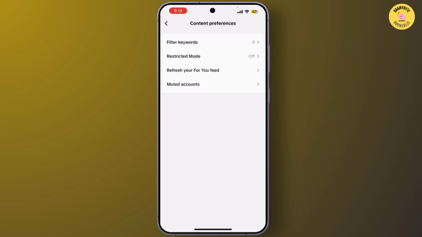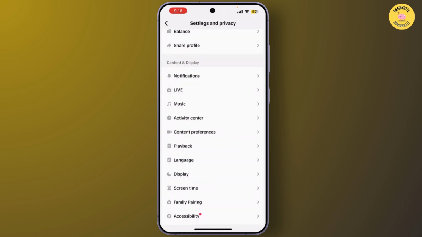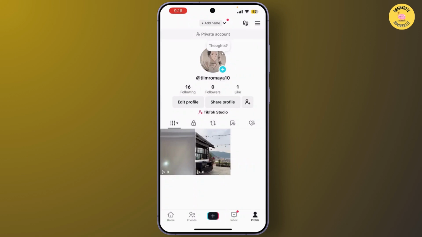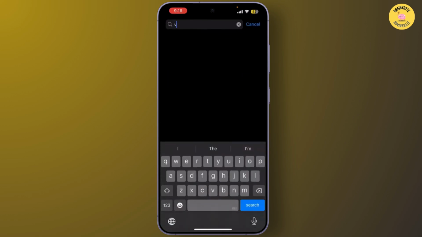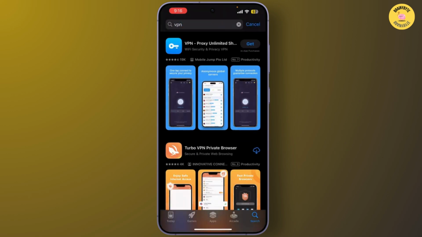Now if you want a more direct way to change your TikTok region, you can use a VPN. A VPN allows you to change your IP address. Open App Store or Google Play Store and simply download a VPN. Once you've downloaded it, open the VPN app and connect to the server in the country you want your TikTok